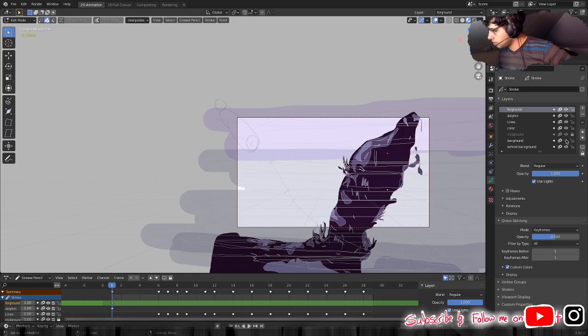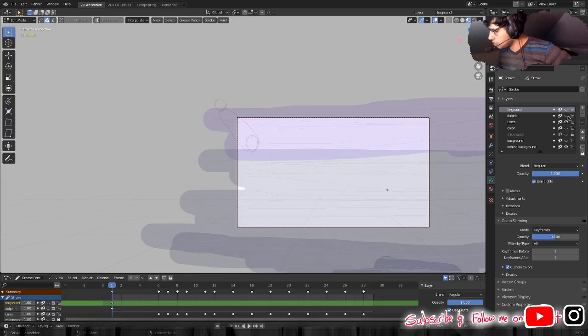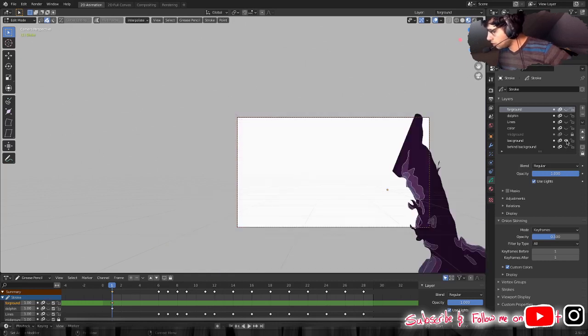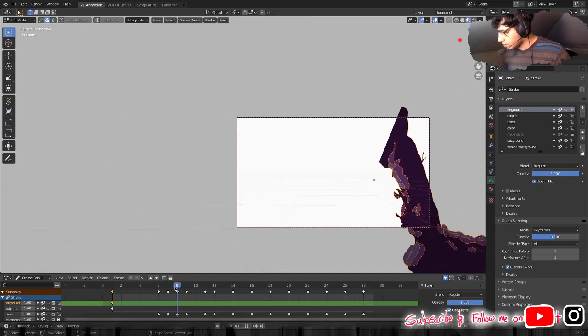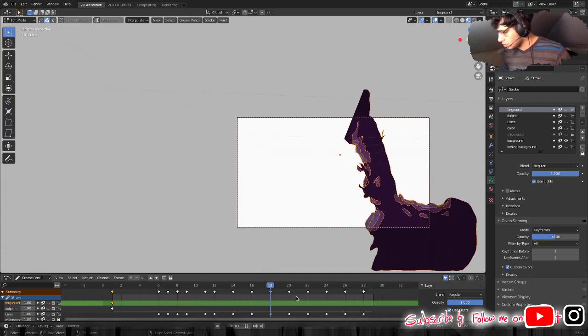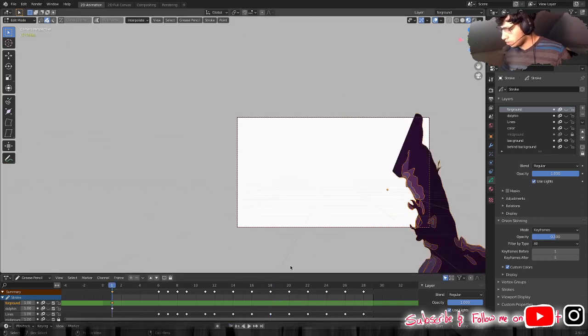right here, what I'm gonna do is I'm gonna hide everything except my background, kind of like that, and then press that, and then press A, and then usually the background doesn't have any animations done with it, right? Like it's not actually being keyframed. So what I'm gonna do, other than that one frame, is go all the way to, I don't know, here,